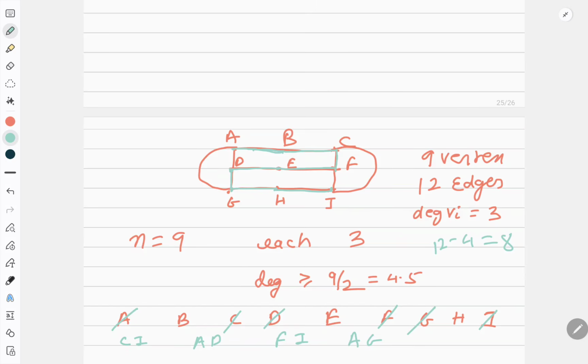So there was a graph given. I started removing edges so that I can achieve a target of 2 degree for each vertex of a Hamiltonian cycle. But while doing this, I reached a point where I was left with only 8 edges, which is less than the number of vertices. And in the very beginning, I told you that in a Hamiltonian cycle, if there are n vertices, there should be n edges. So I failed to get a Hamiltonian cycle. So this is the best way to explain, right?